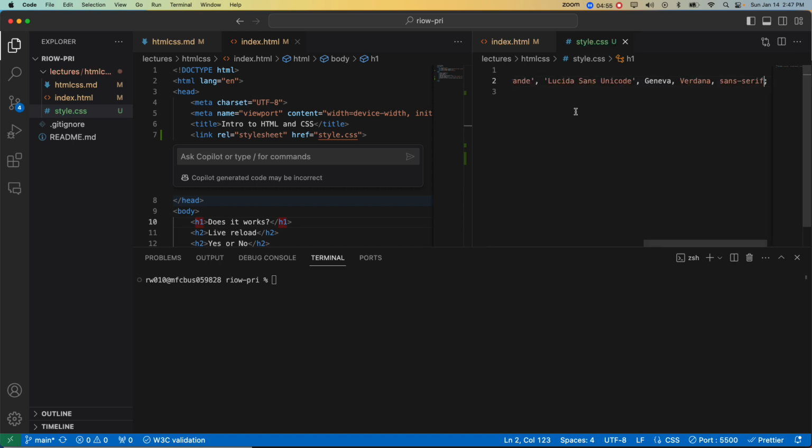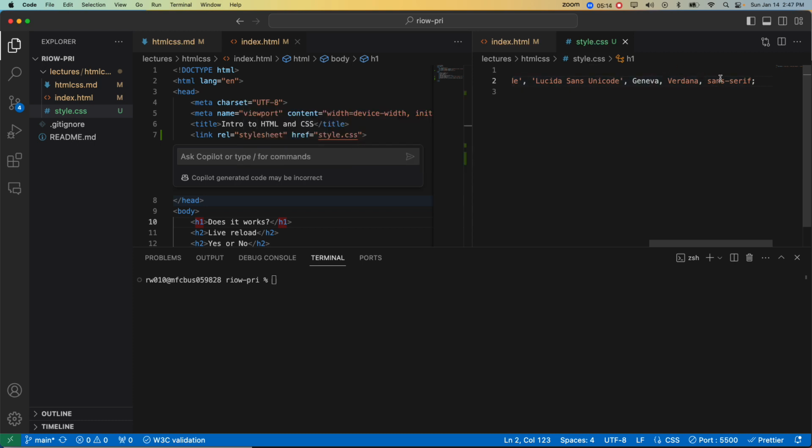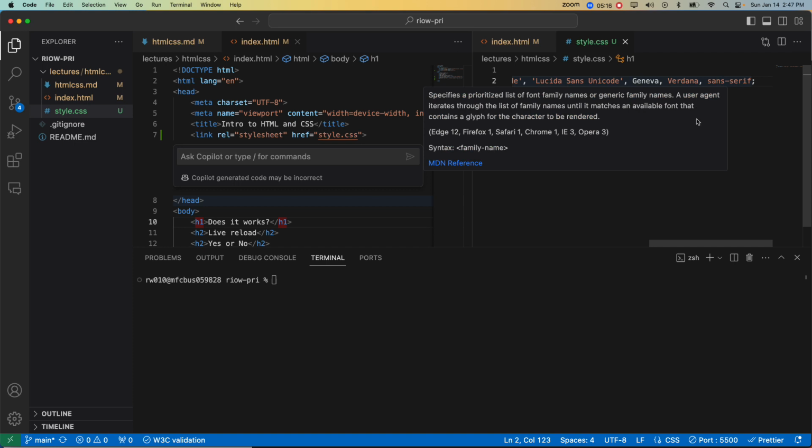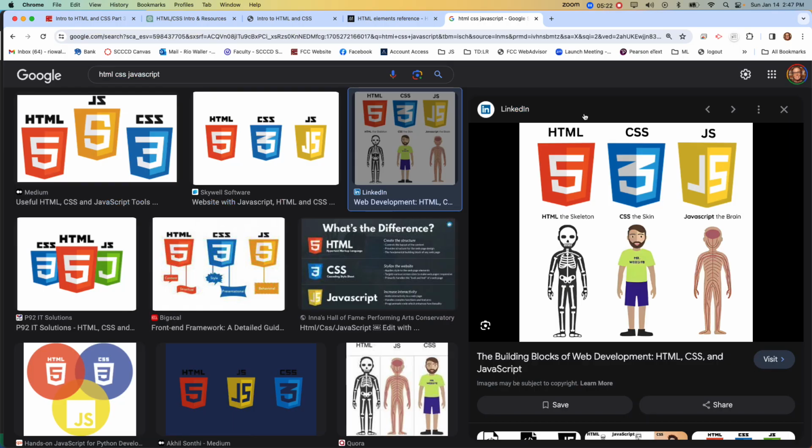Okay, if we click here. And by the way, the reason there's multiples listed is that it actually has fallbacks. In this case it's variations, and then these are fallbacks. It says if it can't find this one, then look for this one, Verdana, and then all the way to just a basic sans serif. Okay. So now that we've done that, now we're going to test to see if our CSS is indeed